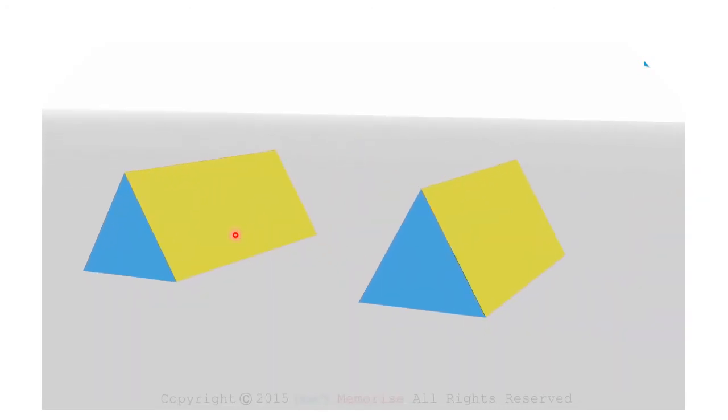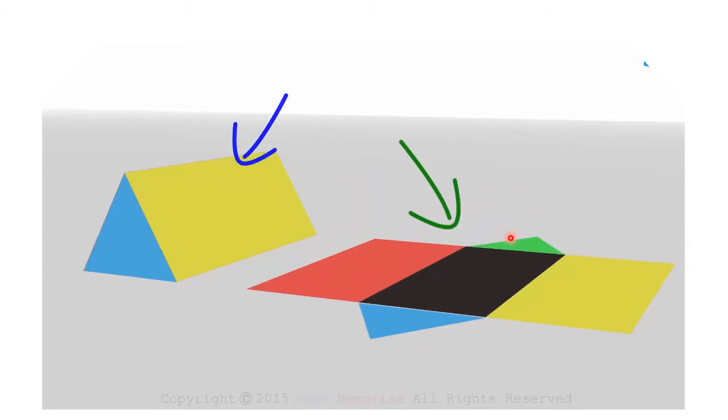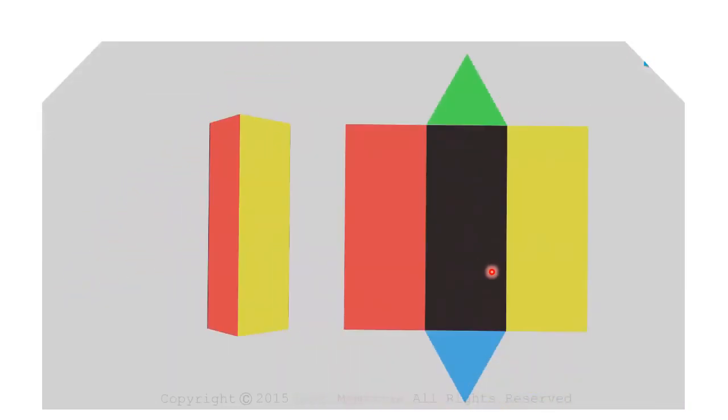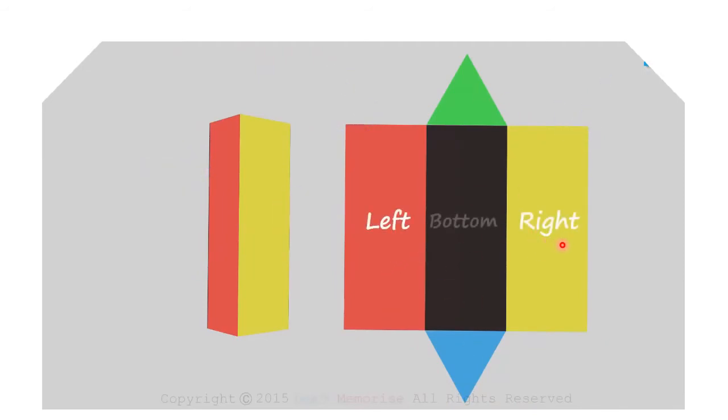So now we are going to open up this triangular prism to draw the net of this prism. First I am going to open the left side rectangle, then the right side rectangle, then 2 triangles like this. So this is one of the nets of the triangular prism. So 3 rectangles and 2 triangles. This left side part, then right side, then bottom or base part, then front side, then back side part.